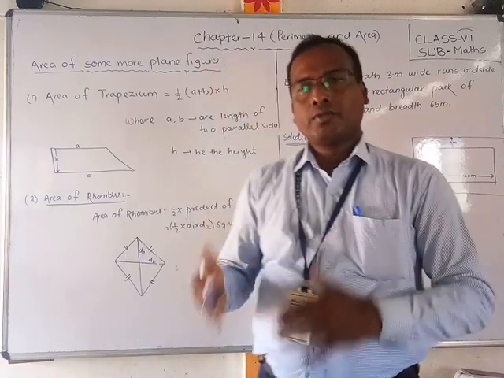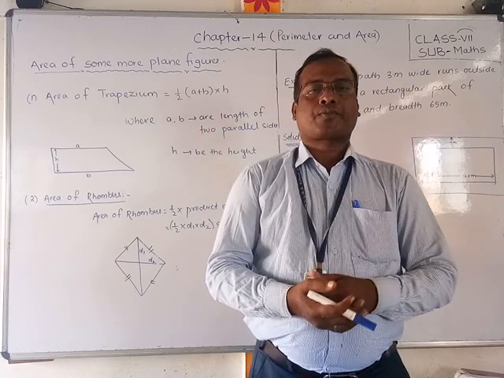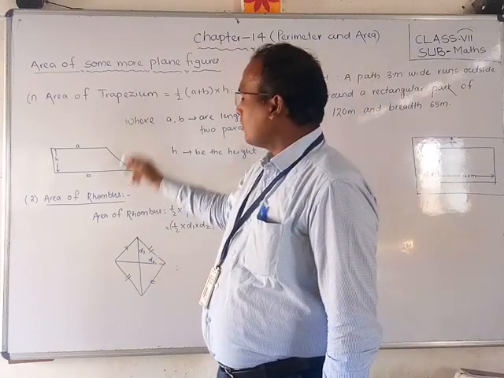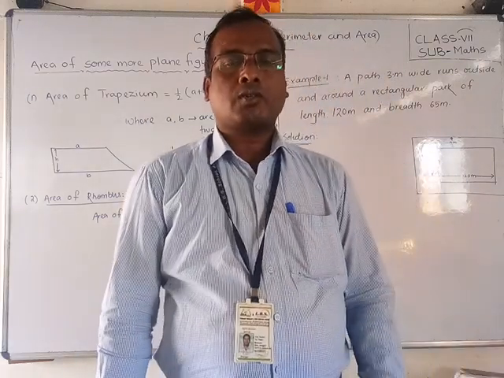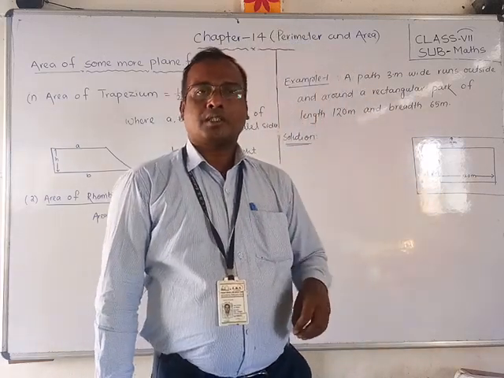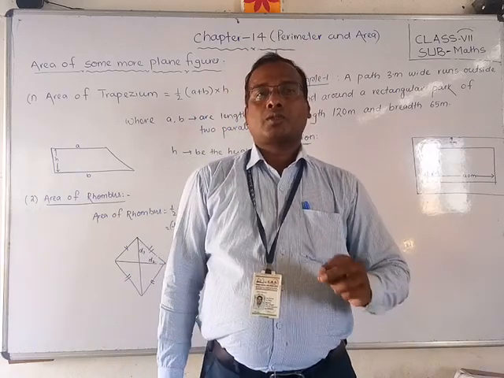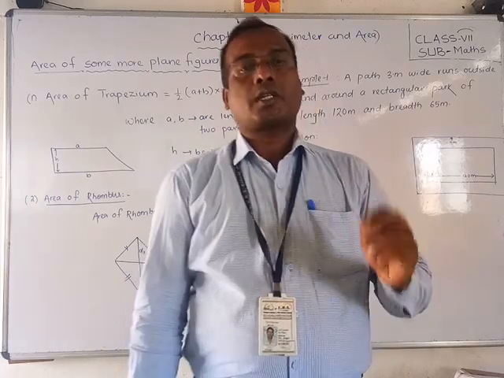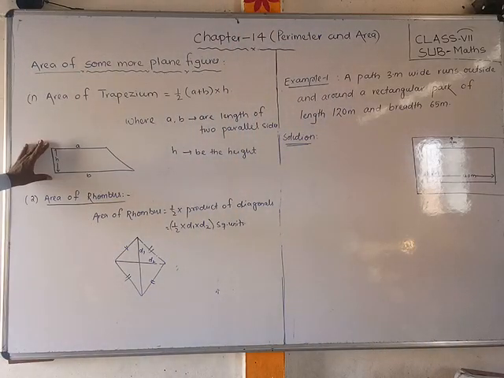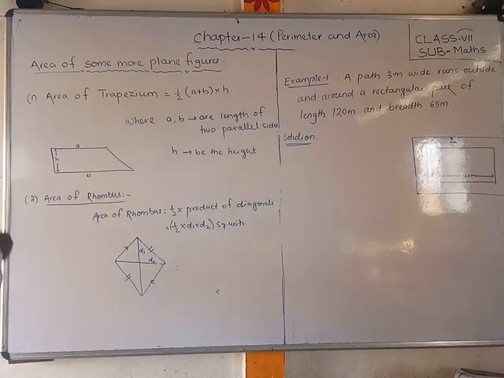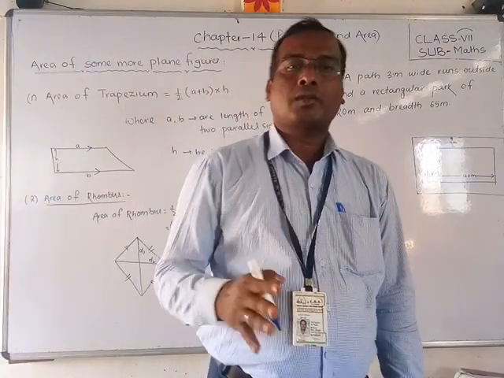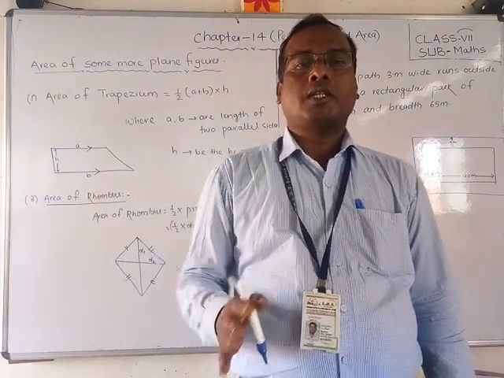So today we are going to discuss some special 2D figures, that is, generally the trapezium and the rhombus. First of all you should get what a trapezium is. A trapezium is a quadrilateral, four sides are there, but only one pair of the sides is parallel. Observe here, this is one trapezium. This is only one pair, that means these are parallel to each other. If any quadrilateral has one pair of sides parallel, then it is a trapezium.